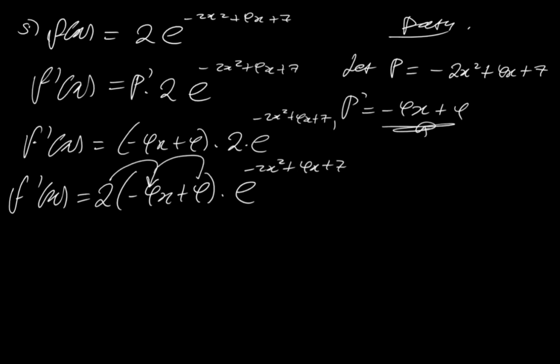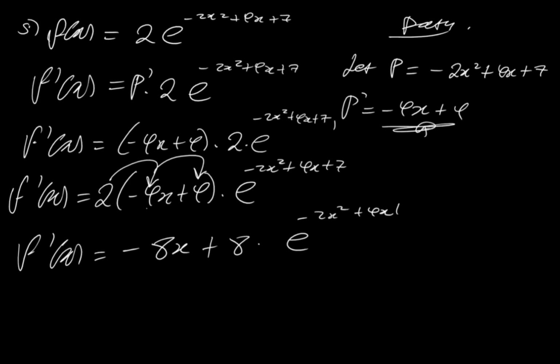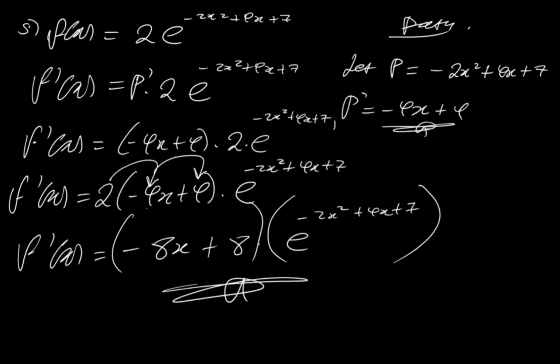Then you multiply out the values within the parentheses, and you have f prime of x being equal to 2 times minus 4x, it's minus 8x, 2 times 4, that gives you a positive 8, times e to the minus 2x squared plus 4x plus 7. This will be in brackets, and this will also be in brackets, because you're having an expression with another expression. So this is your derivative. Do not forget that. Alright, so